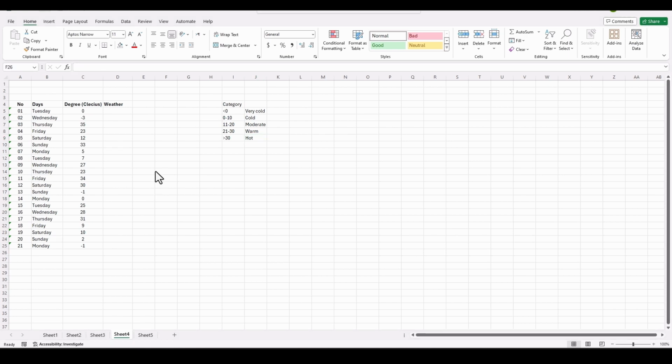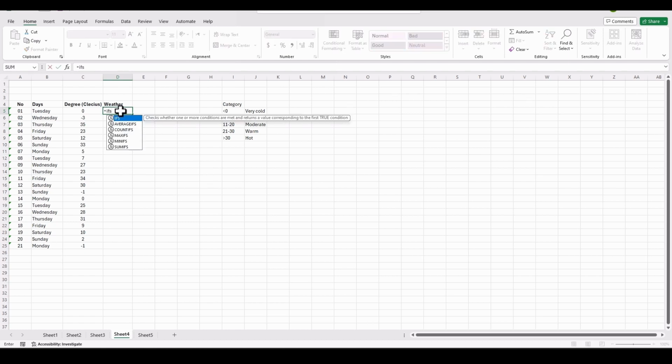Okay, to use the IFS function, click in the weather cell, write equal IFS, open parentheses. We will give a condition based on the value. So we say if the value in C5 is less than 0, then the weather is very cold. If this condition is not true and the value in C5 is less than or equal to 10, then the